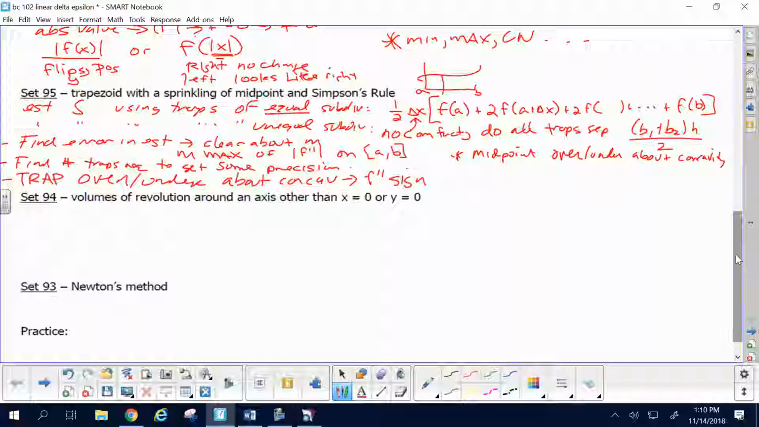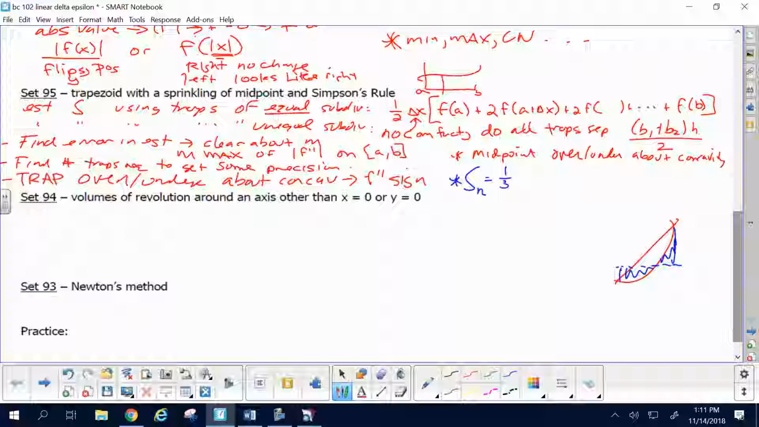A trapezoid would overestimate a concave up curve, but a midpoint would underestimate a concave up curve, if I drew that well. That's why Simpson's rule comes about, because it uses the fact that the true value is between midpoint and trapezoid, so it averages them. Simpson's rule will be given some number of subdivisions, always an even number, and it is